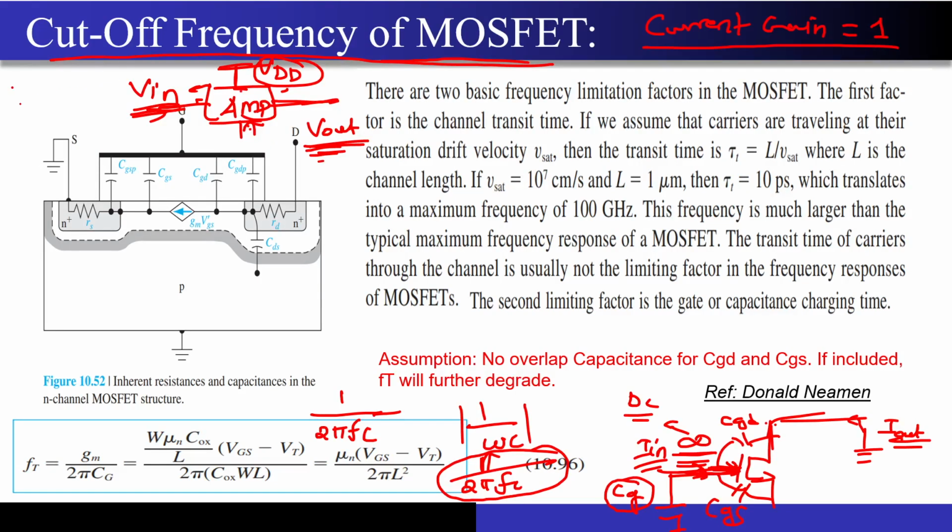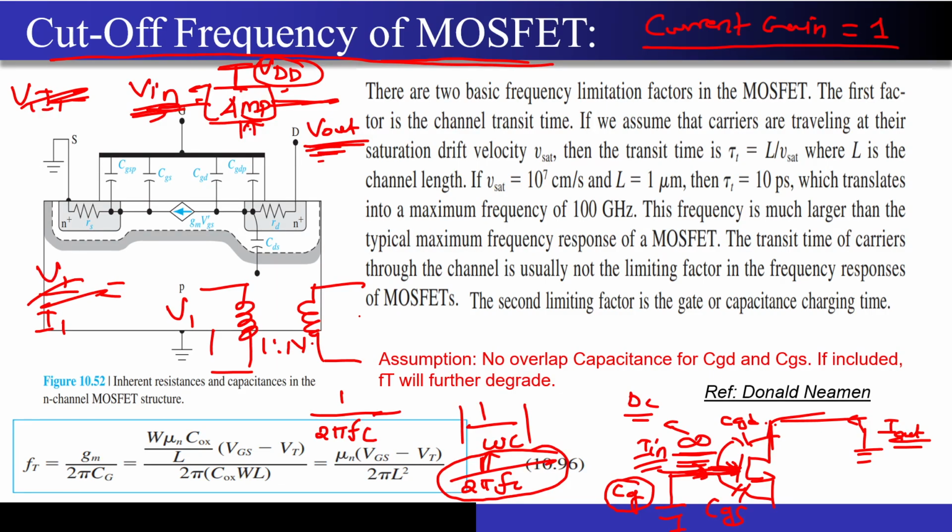But what happens in the case of a transformer? If I have a transformer, let's say with the ratio of 1 to n, and if this is V1 and this is V2, then you know that V2 is equal to n times V1. But you also know that I2 is I1 divided by n. So if you just multiply both of them, what you get is V1 into I1 is equal to V2 into I2. So this is a conservation of power.